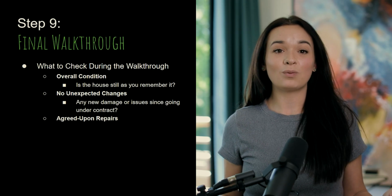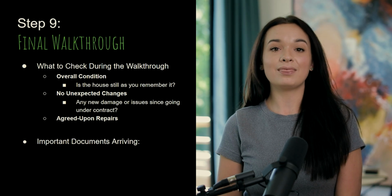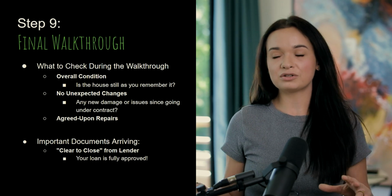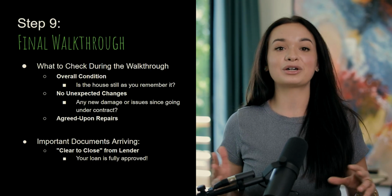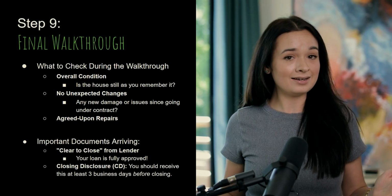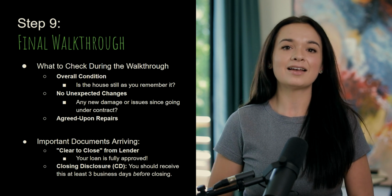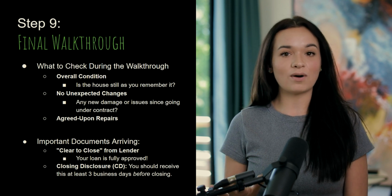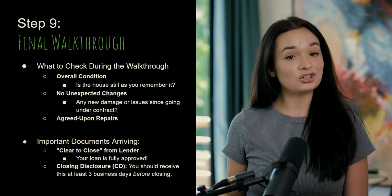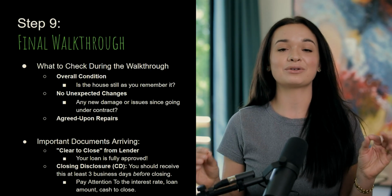Around the same time as your final walkthrough, you should receive your clear to close notification from your lender. This means that your loan is fully approved and that your paperwork is ready. They will also around this time be sending you your closing disclosure. Within the real estate industry, it's referred to as a CD, and that'll come to you at least 3 days before your closing date. This document is extremely important as it contains all of the final details of your loan, including your interest rate, your loan amount, and the exact amount of money to the penny that you'll need to bring